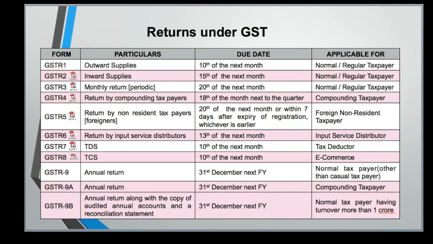Also, a pertinent question that comes up here is, suppose I have paid the advance in July, but I have not issued a tax invoice in the month of August. So whether the advance component on which I have already paid tax for the month of July, whether I can adjust the same with my August output liability, though I have not issued an invoice against that particular advance? It cannot be done.